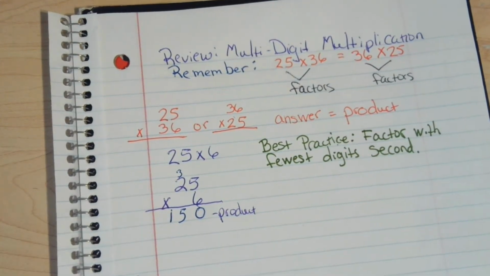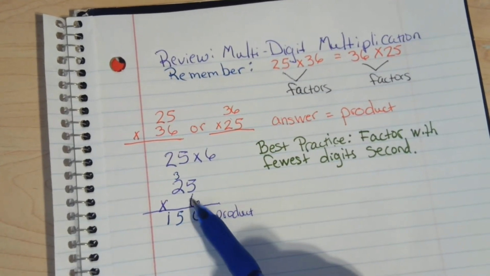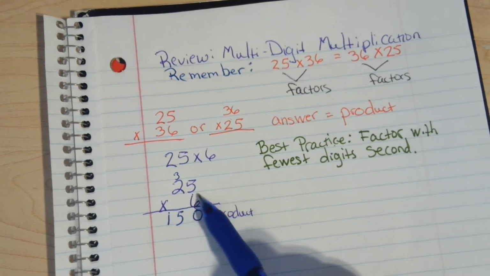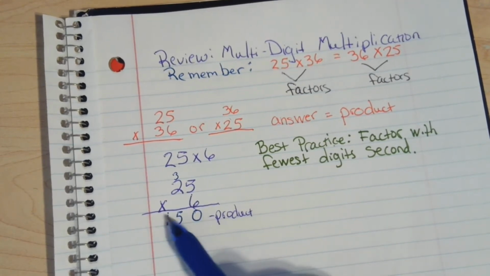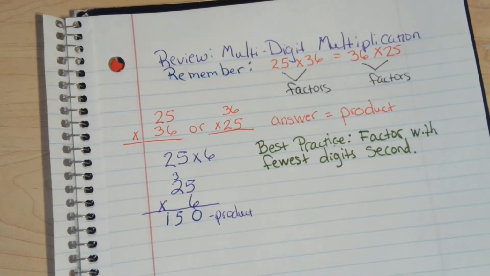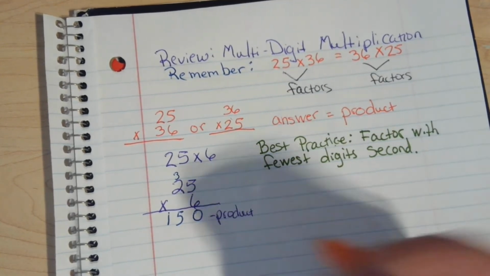Now, the reason I put the number with the least amount of digits on the bottom is because however many digits I have down here is how many multiplication steps I'm going to have down here. My next problem I am going to do